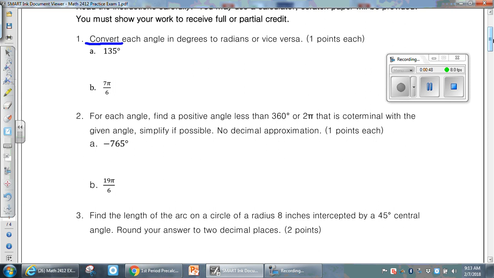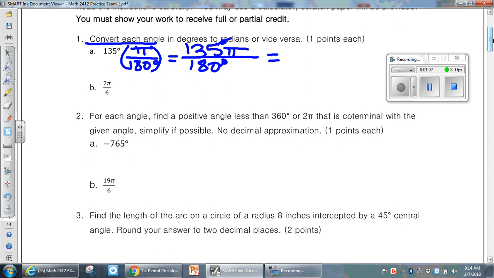So we have problem number 1, convert 135 degrees to radians. In this case, we need to use the formula pi over 180. And here we will get 135 pi over 180. And of course, the units, degrees, they cancel. And then we have to simplify. They're both divisible by